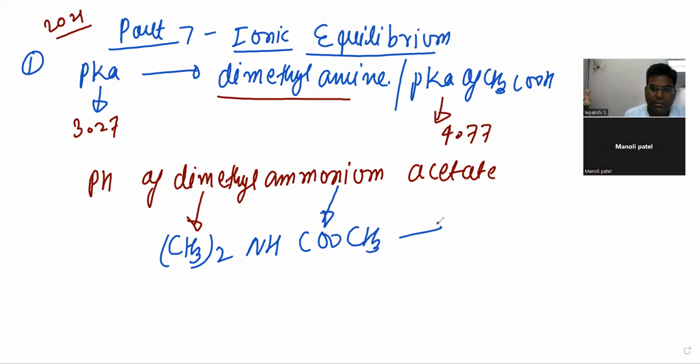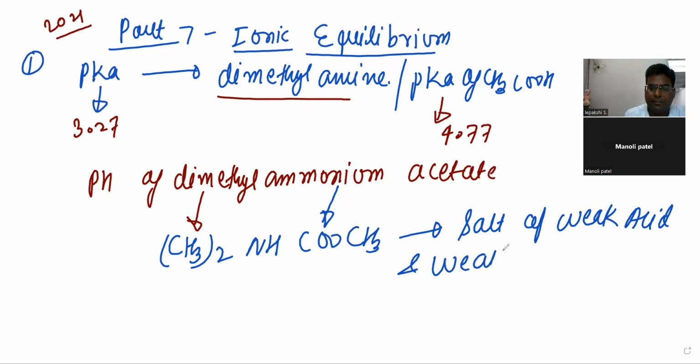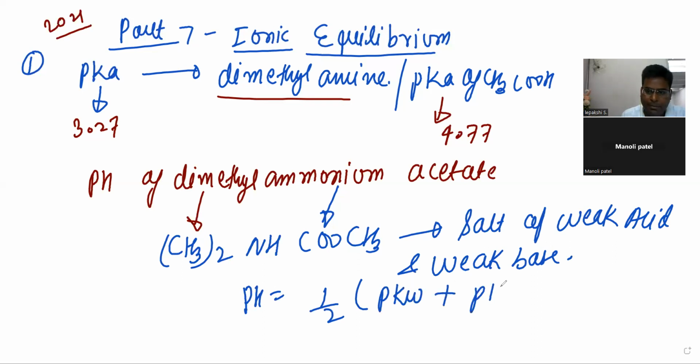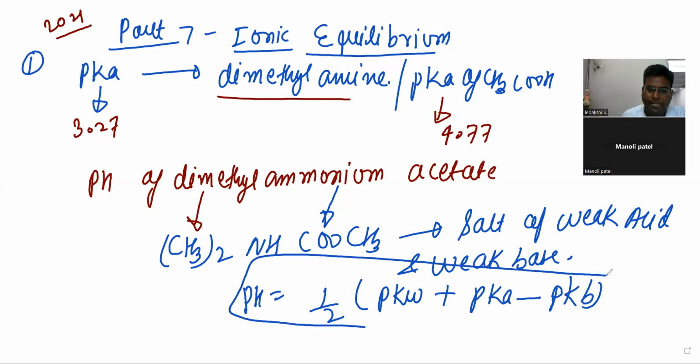So it is a salt of a weak acid and a weak base. So we know the pH for that one. The pH formula is 1/2 (pKw plus pKa minus pKb). So this is the formula for this solution, right? After putting the value,